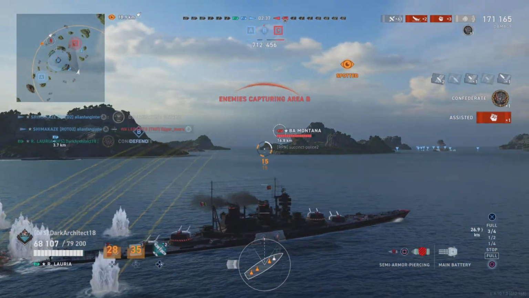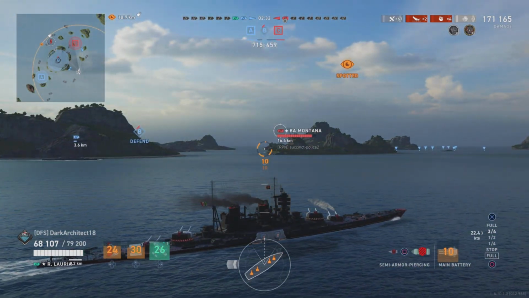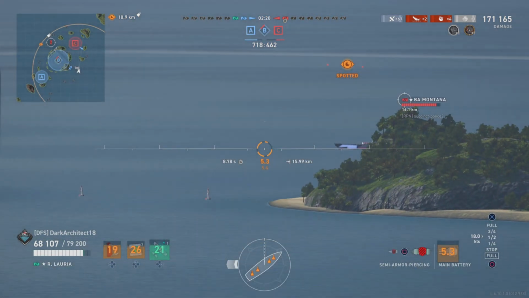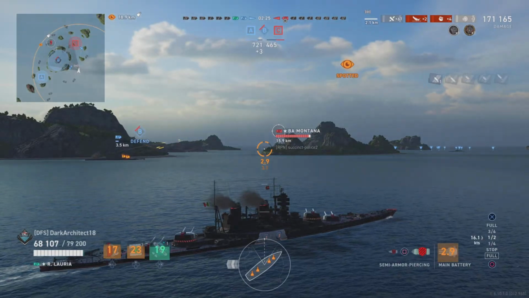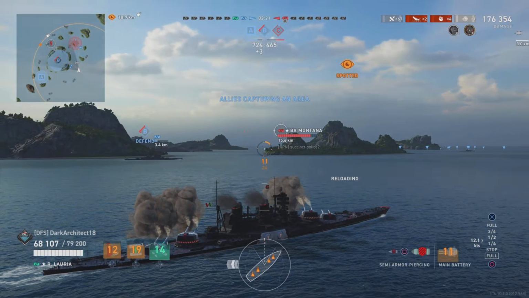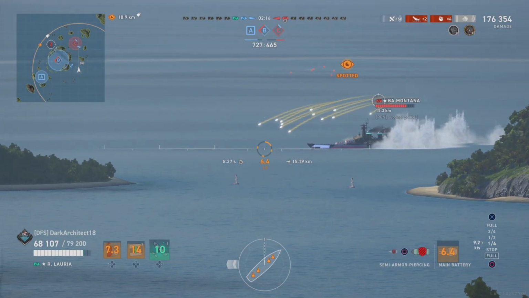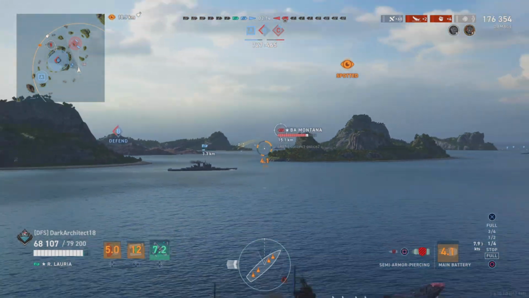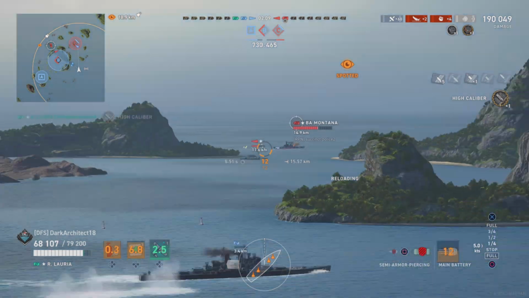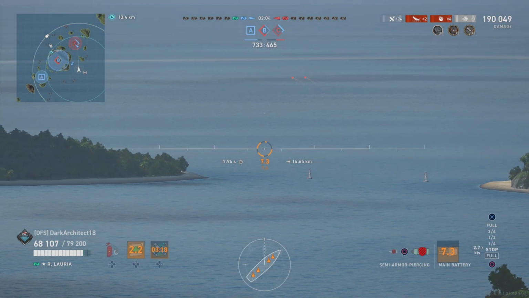So we got a Marlboro, or not Marlboro, BA Montana, excuse me. He's pushing straight through. So we got a first blood Confederate, and we're going to get some more here. So we got this BA Montana. He's just pushing in really aggressive right here. He's having no concern about that. He's starting to turn a little bit, but there we go, high caliber, 190,000. So I'm just going to sit here and wait, because I'm going to try to get some more shots